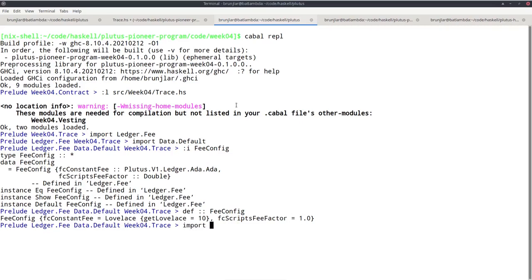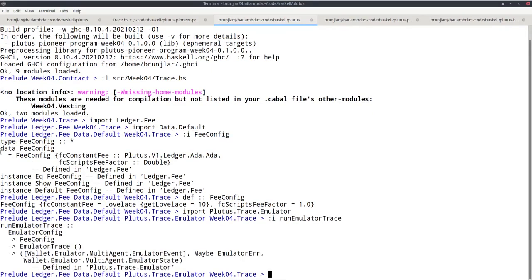So let's load Plutus Trace Emulator again. So recall we were looking at the runEmulatorTrace function. And now we have looked at emulator config and fee config. And we can use def for both. So we can use runEmulatorTrace def def. So the first def will be the default emulator config, which gives us 10 wallets with 100 ADA each. The second one will give us the default fee config.